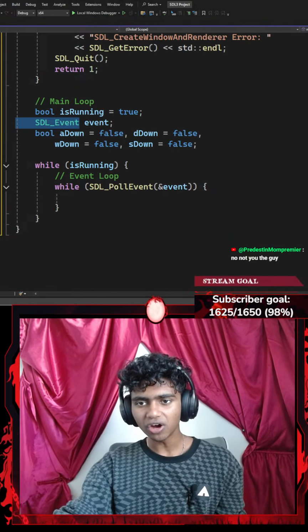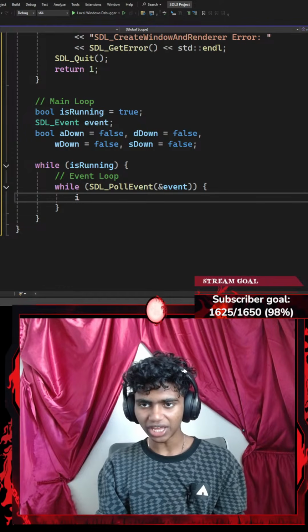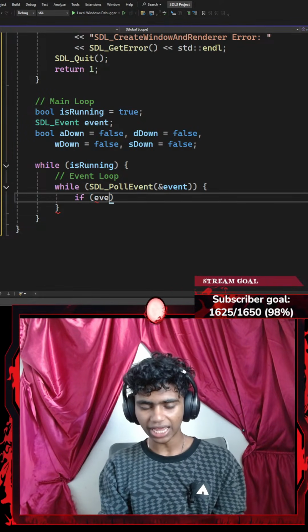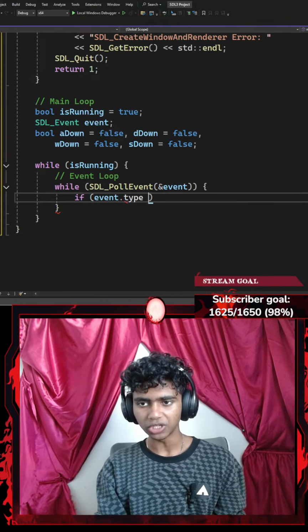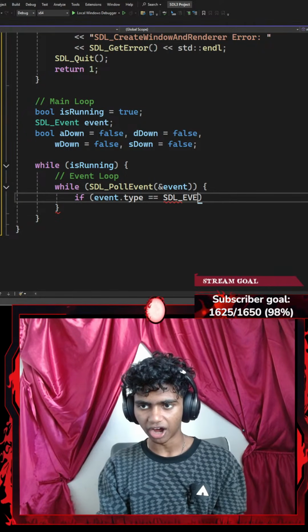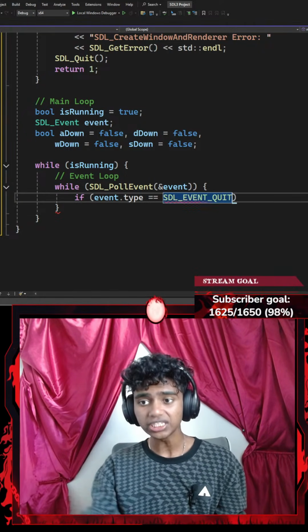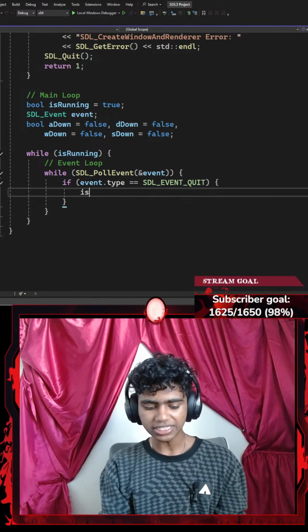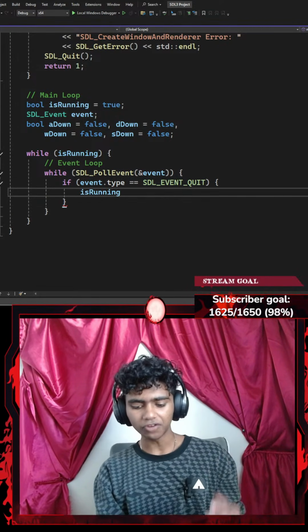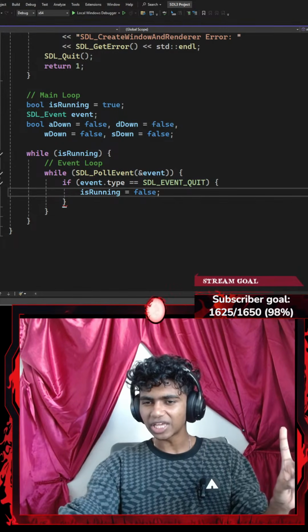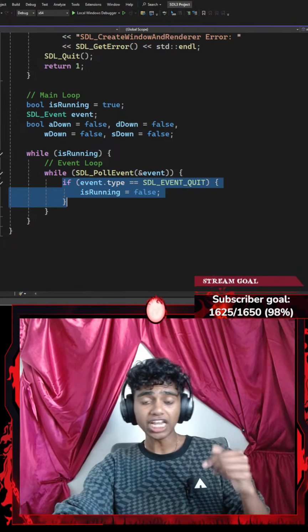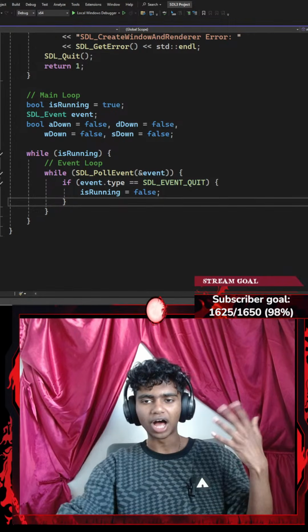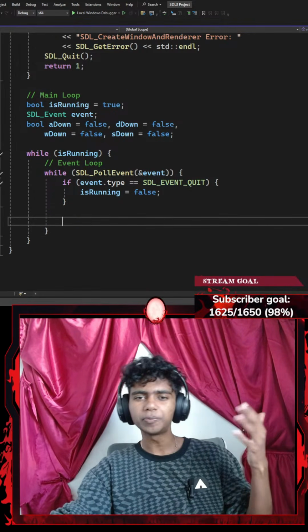Okay, that said, firstly, let's create an if statement. I'm going to say something like if my event dot type equals SDL_EVENT_QUIT. If my event type is quit, then I'm going to set my is running boolean variable to be equal to false, ending with a semicolon. Okay, that is my first type of event loop, but I'm actually looking for multiple